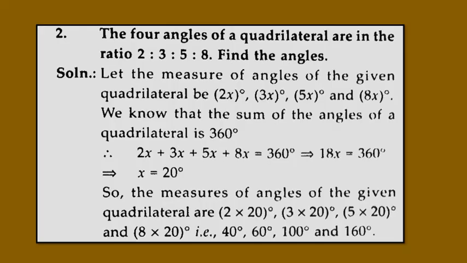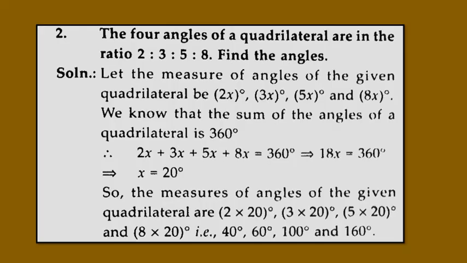So whenever it is like this, we take it as, if it is 2:3:5:8, 2x, 3x, 5x, 8x. That's how we take it. In algebra you will learn this. It is the easiest method. Otherwise in your textbook you have ratio method also. Add all the terms in the ratio. Then first part will be